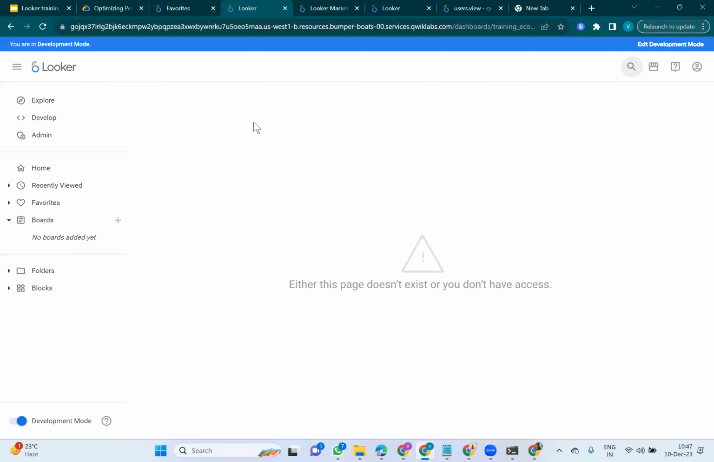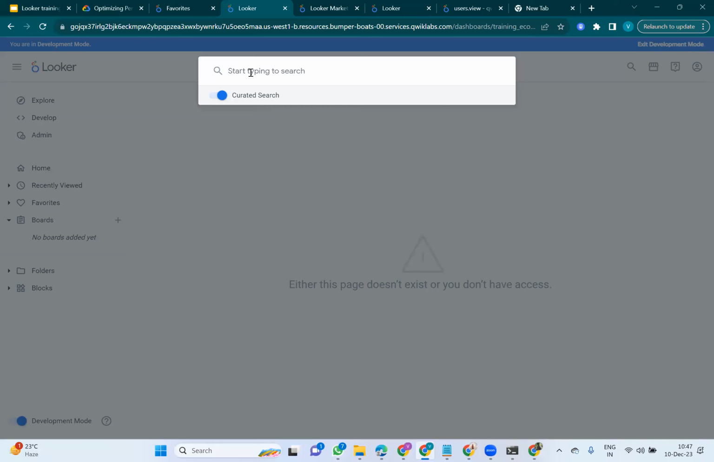Business plus. I don't have access, that's why it is not. So the search button is used to give you the